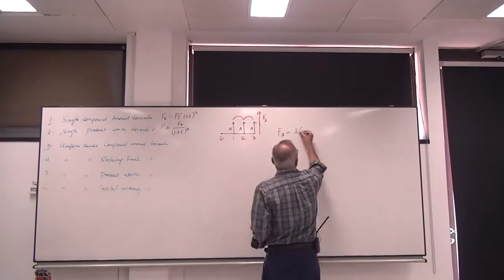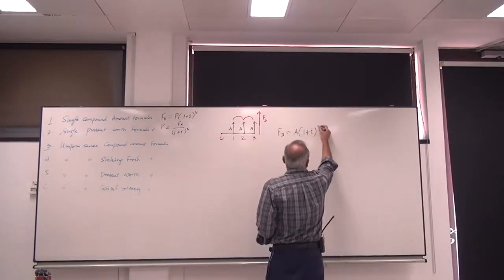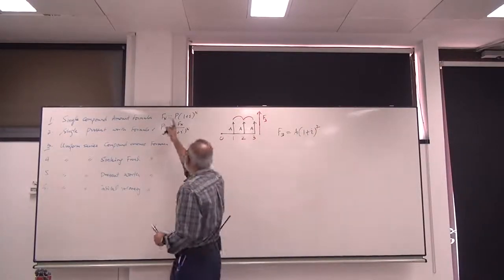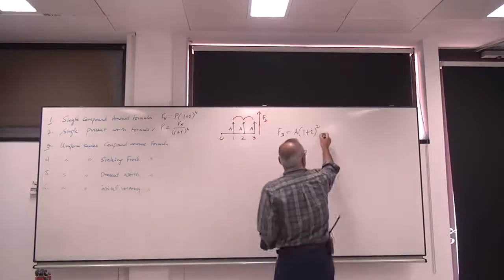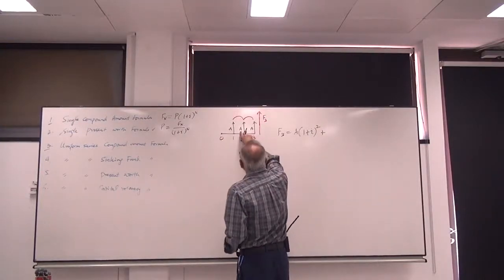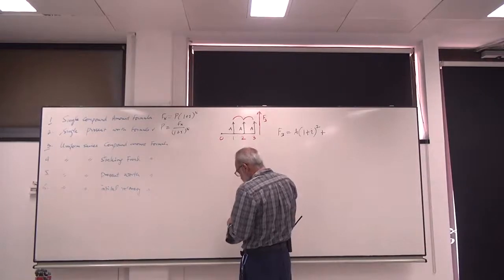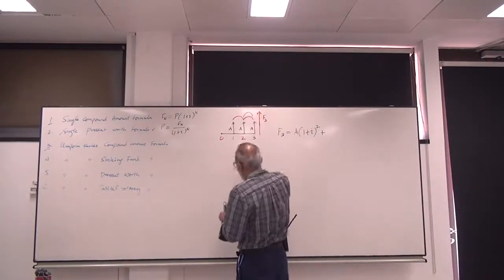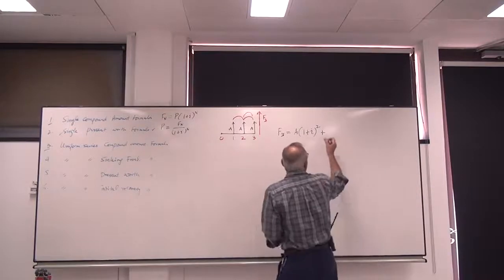So A into 1 plus I raised to power 2, the same formula, plus the second annuity will have the,